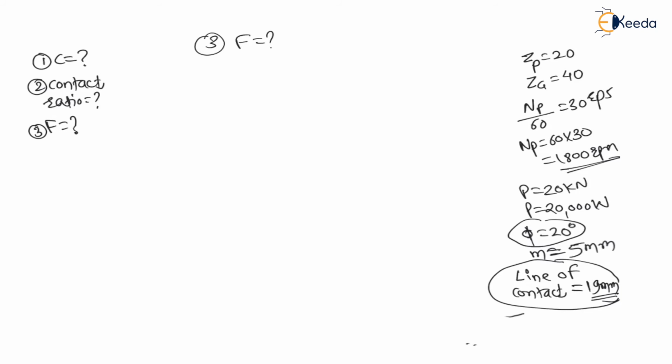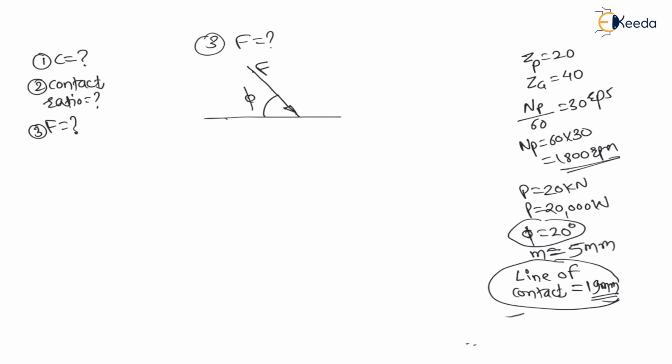Now we have seen that there is a common tangent and a common normal. Along the common normal the resultant force F is acting, right? And there is a pressure angle phi between them. Here the horizontal line is the common tangent and this inclined line is the common normal, and between them the angle is phi. We have already seen that in theory, and I am not repeating these things here because I have repeated them many times in many numericals.